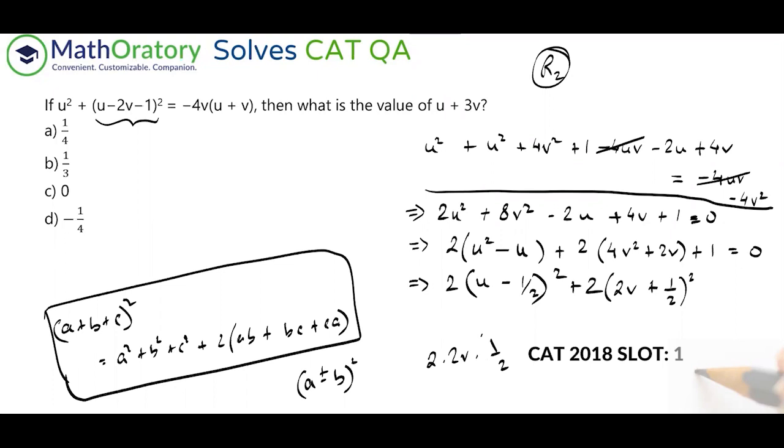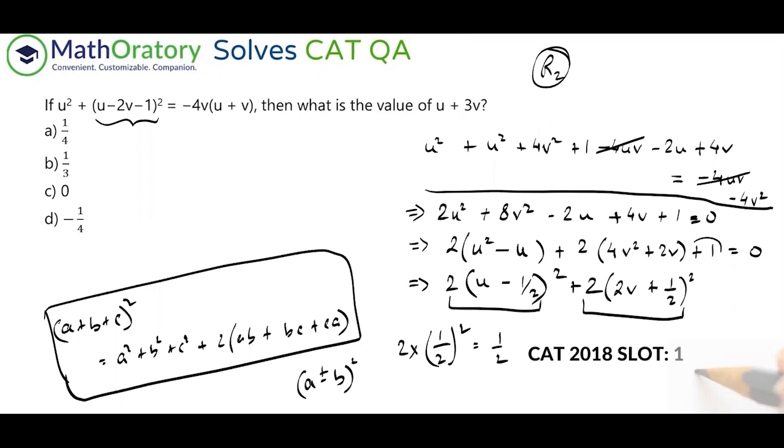Now check the constant bit. See, this part will give us a half square, and that multiplied to 2 will give us half, right? I mean, let me show this elaborately. So you have half square. That will be one of the terms of this expansion into 2 will be half, right? And the same thing will happen here also, right? Well, minus half or plus half doesn't matter. When you square it, it will be whole, positive only. So this part is giving me a half constant, and this part is giving me a half constant.